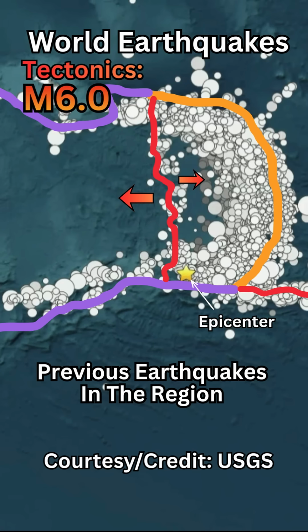Now, as you can see from this USGS image of historic seismicity, or previous earthquakes that have occurred in this region, you're seeing that the majority are shallow earthquakes between 0 to 70 kilometers in depth. And we have a couple of deeper, intermediate earthquakes towards the west, but you can see the clear outline of the South Sandwich Trench and subduction zone between the South American plate subducting under this tiny microplate.